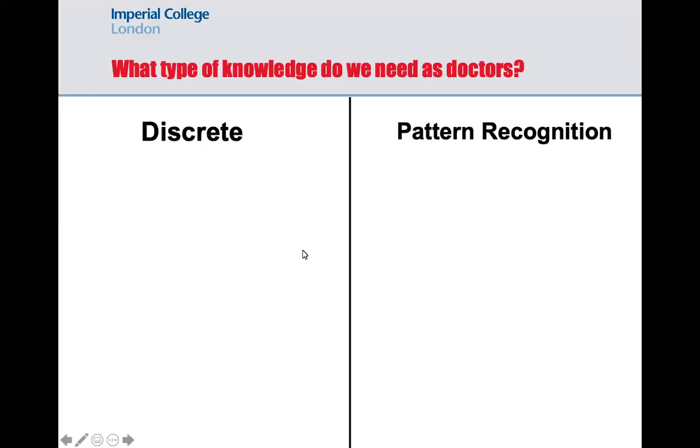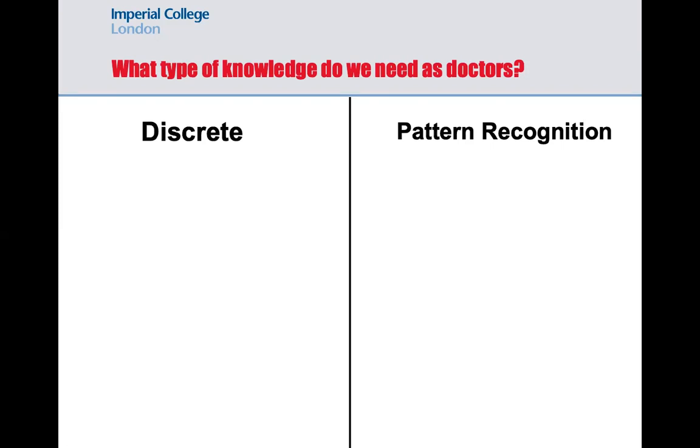So when someone asks me that question, you should always boil it down to what type of knowledge you actually need as a doctor. This is more applicable to the clinical years, but I'd say knowledge as a whole can be divided into either discrete knowledge or pattern recognition. And I've used a kind of cheesy example to highlight which of these 2 types of knowledge is more important